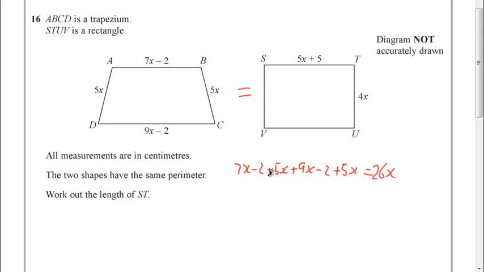And the numbers, we've got a minus 2 and a minus 2, so that's minus 4. And we know that that equals the STUV perimeter of the rectangle. So let's start from that. We've got a 5x plus 5 plus 4x, and we're going to go along that side and then up there again, so there's another 5x plus 5 and another 4x. We've got two of those,